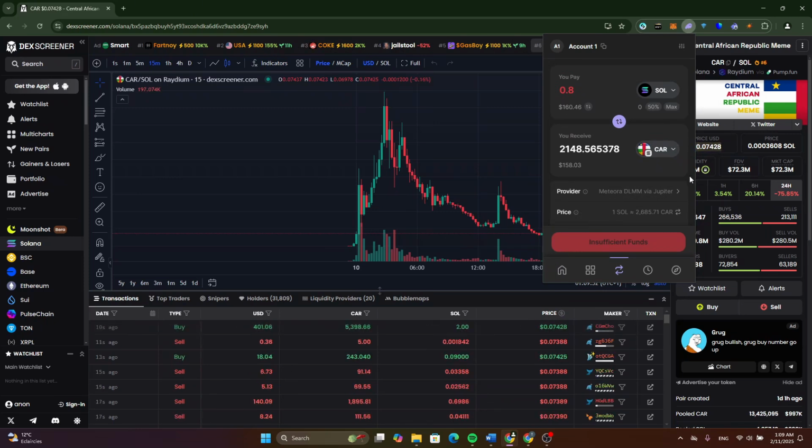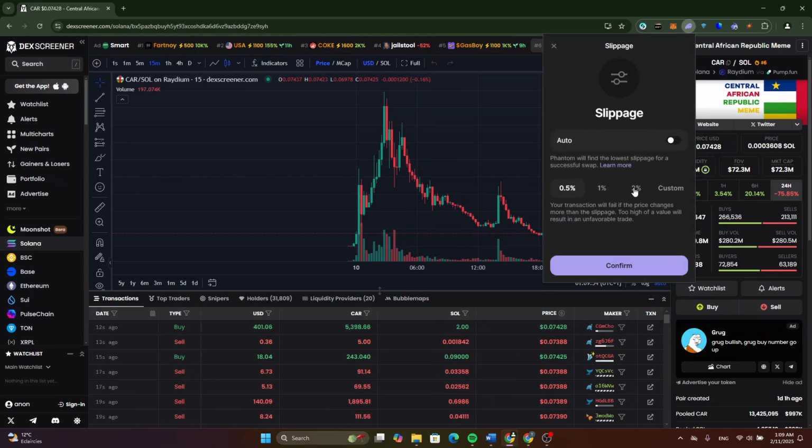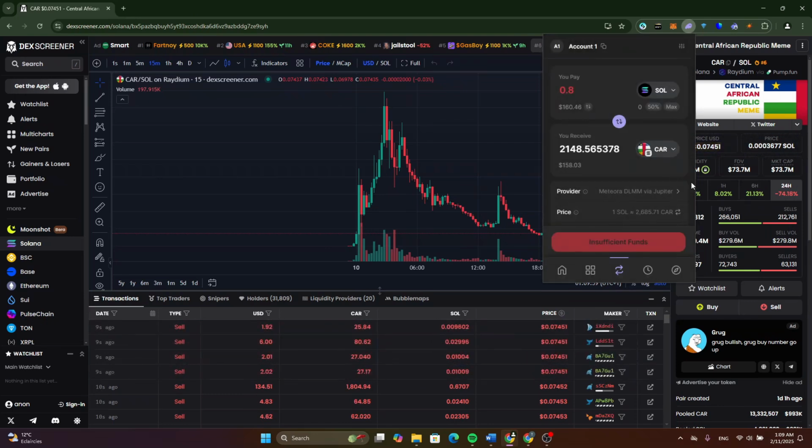So if you face any issue, go back to this page, click here on swap, and switch this slippage from here or customize it, because most of the issues come from the slippage, and after that you will be able to buy this token without any issue. So this is how to buy